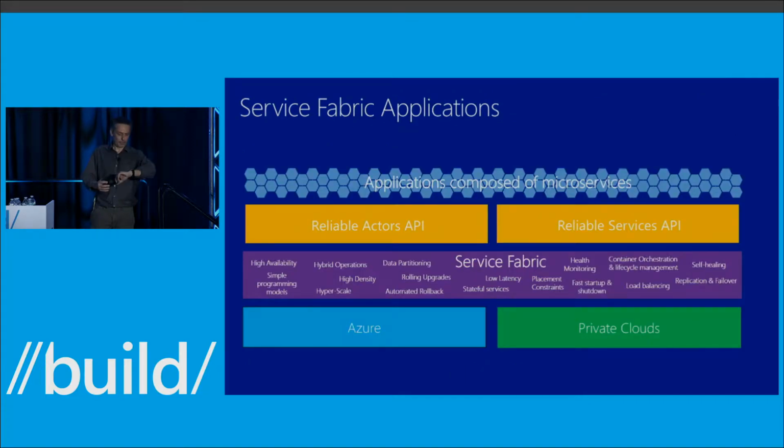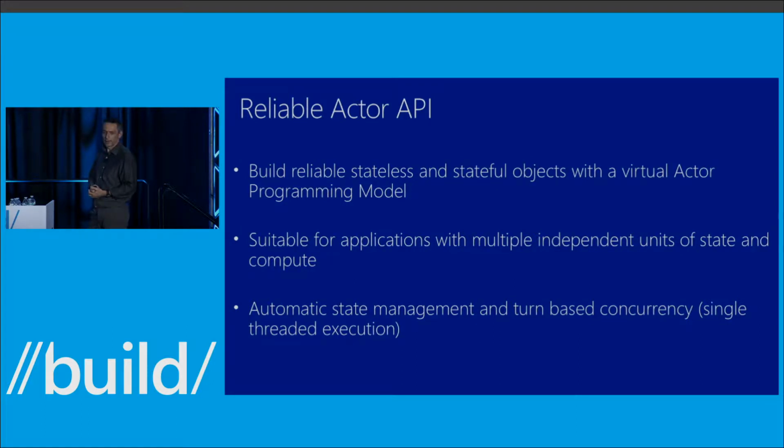So how is it you're going to build some of these things? Effectively, we have two programming model APIs. We have one that we call reliable actors, and then one that we call reliable services. And both of them take advantage of the full platform capabilities. And using either programming model API, you can build microservices and be able to compose your applications from those. And typically, we find that many applications compose from both programming models in terms of how they design this. Whichever you choose, you have the advantage of the full platform underneath it all. So what I'm going to do is hand over to Vipul, and he's going to talk us through some of the advantages of what he means by actor.